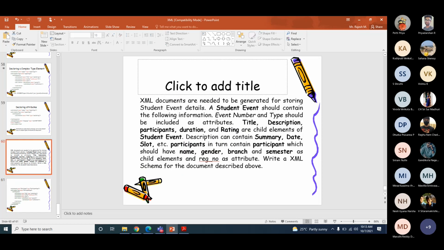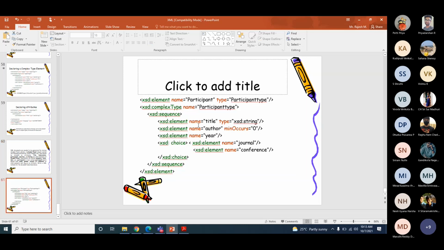Name, gender, branch, and semester. Branch.